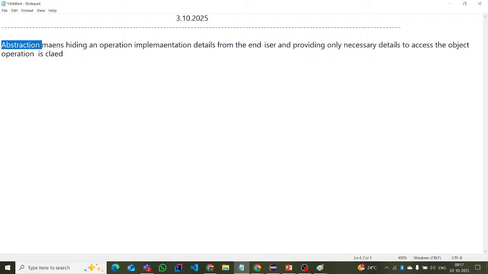Clear? So abstraction means hiding the operation implementation details from the end user